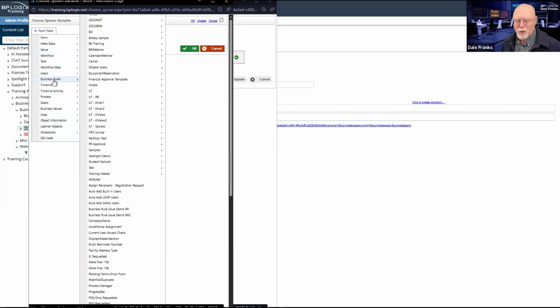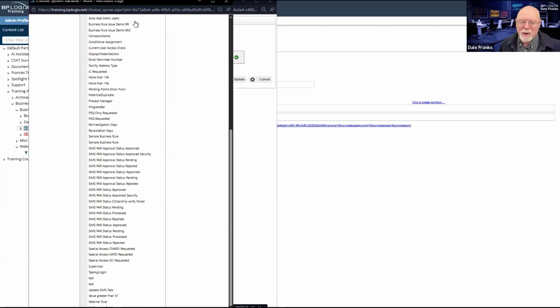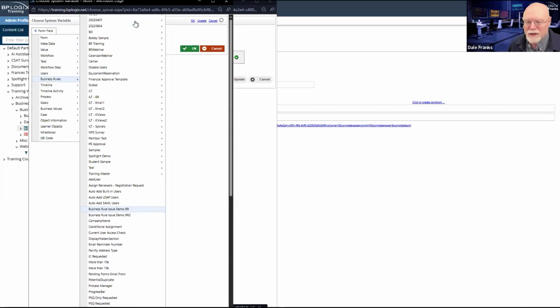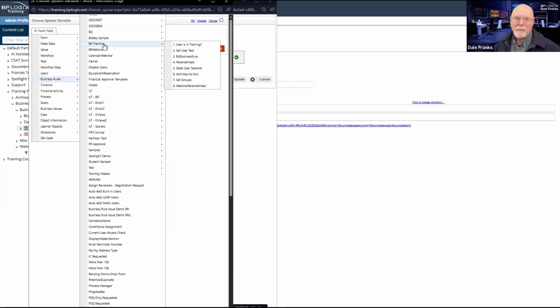When we go to business rules, I've got a lot of business rules on the system, so much so that it's difficult to actually see them all in the menu. What that Group and Value Picker does is it enables you to select or type in an item that you want to show up as a menu.